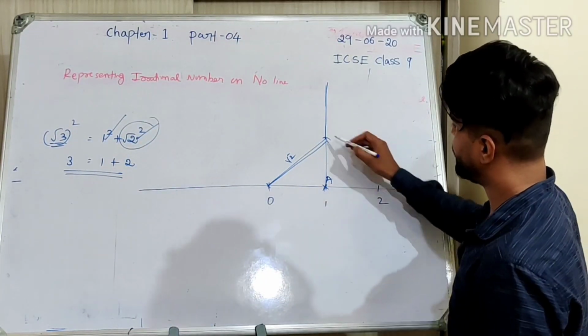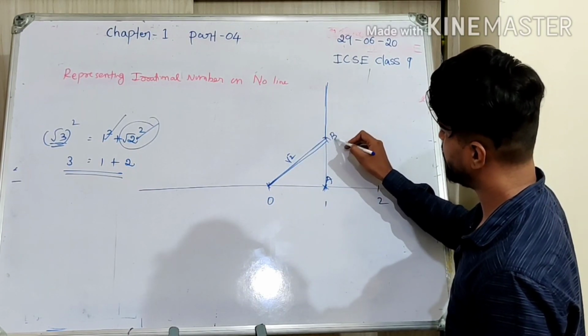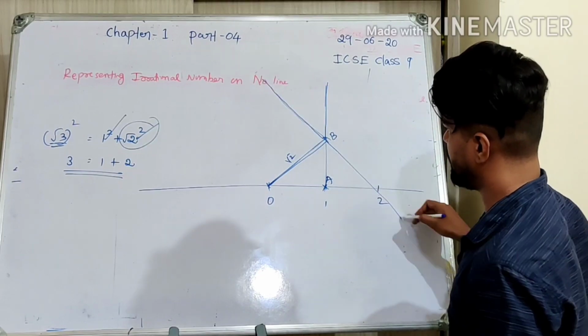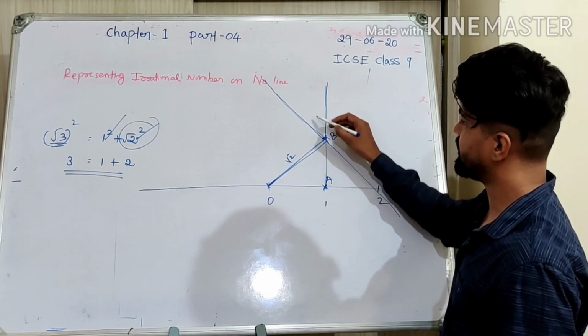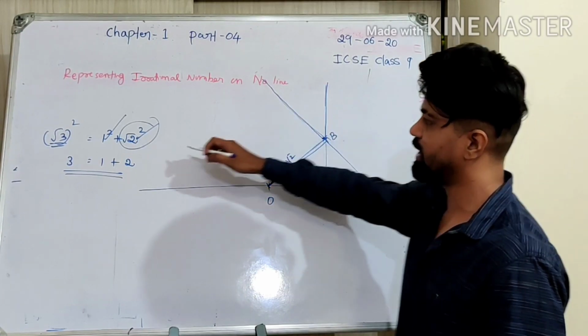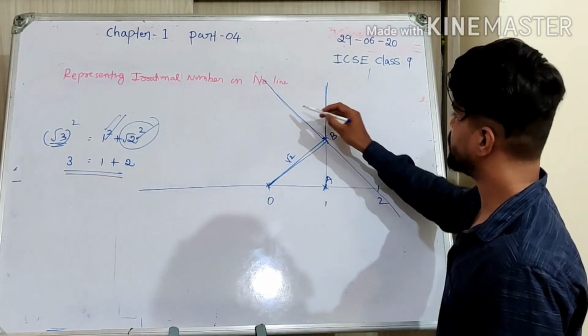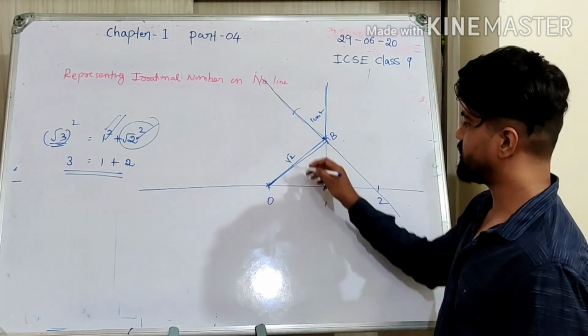I need to get one more side of the right angle triangle. For that, from this point B, for this line OB, I am going to draw a perpendicular line. From this B as a center, take 1 unit, because I have already got root 2 as a base. Now I need another side with 1 unit, so cut an arc with 1 unit distance. This is 1 unit, this is root 2.